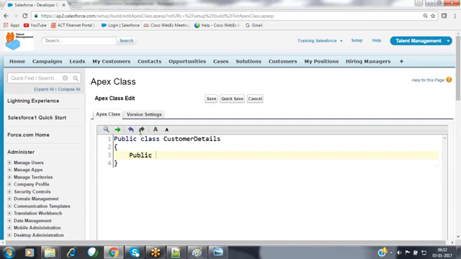Public integer customer ID, public string customer name, address, and the email ID.